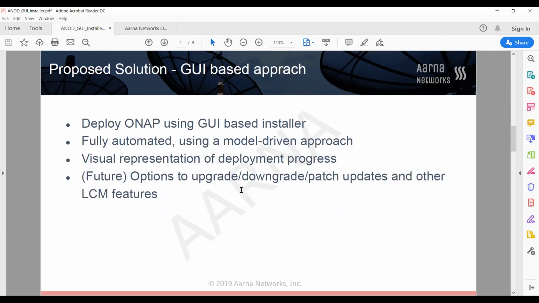Now, in the GUI-based approach, which is what we're going to show in the demo today, essentially, as we talked about, it's deploying with a GUI, and it's fully modeled. There is also a visual representation of the progress, and also the ability to